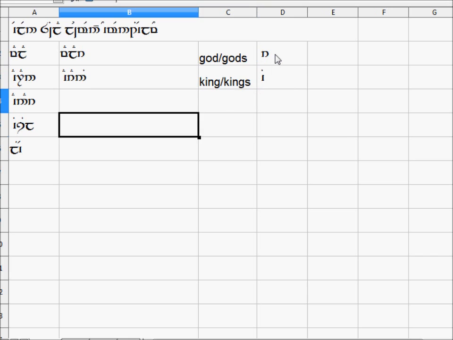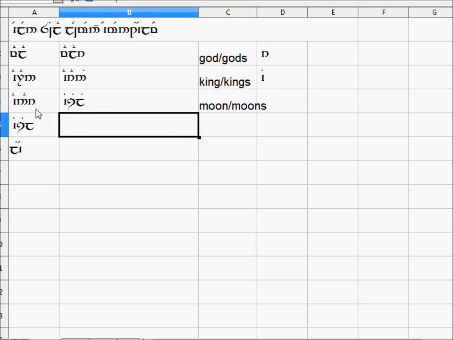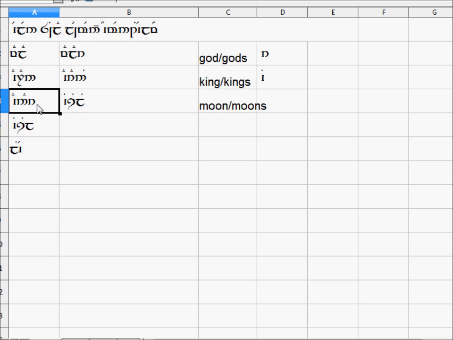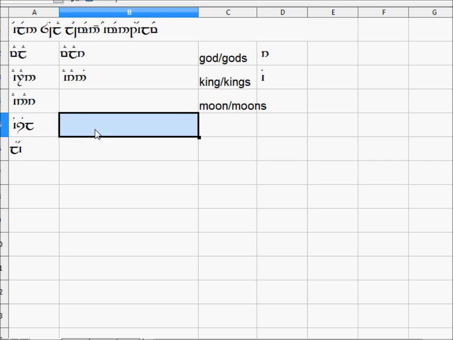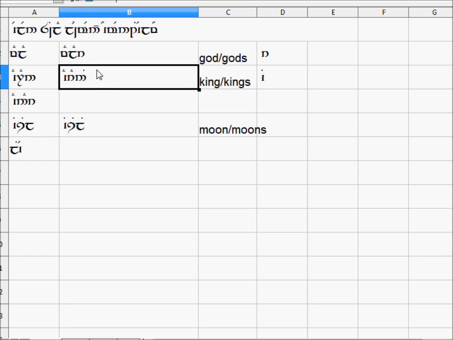For example, lie. Oh yeah, here. This is an example. For example, isil, which means moon, will have a plural isili. Moons. Because it ends in a consonant. Sorry, I'm wrong here. Okay, and also